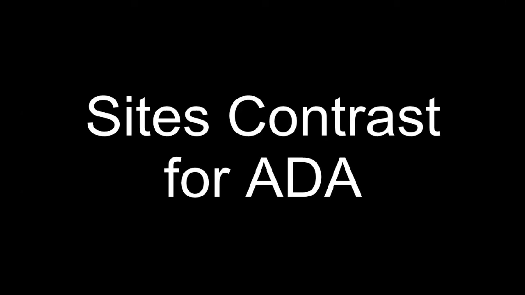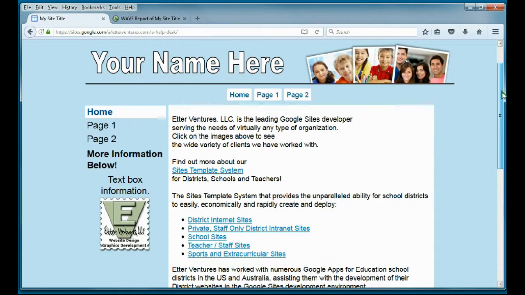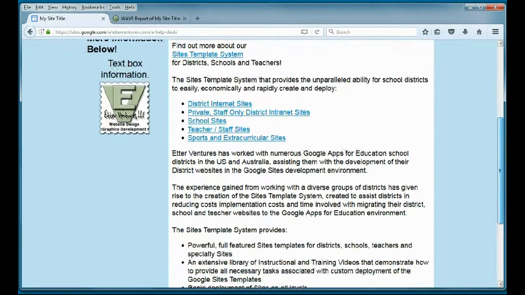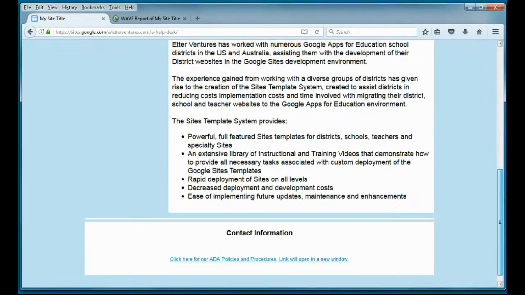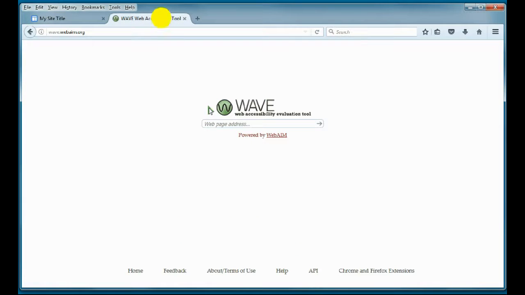In this video, we're going to take a look at site contrast for ADA purposes. So to start with, let's take a look at what our goal is. Here is a typical website with pretty colors in it, and visually it looks fine. So we're going to copy the site address and put it into our testing website, which is